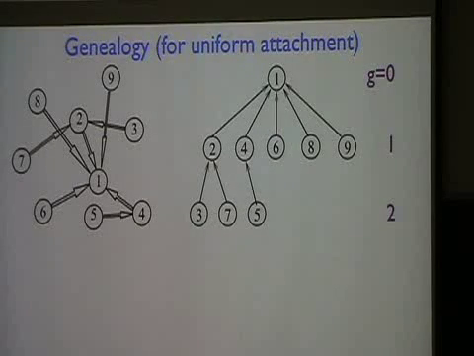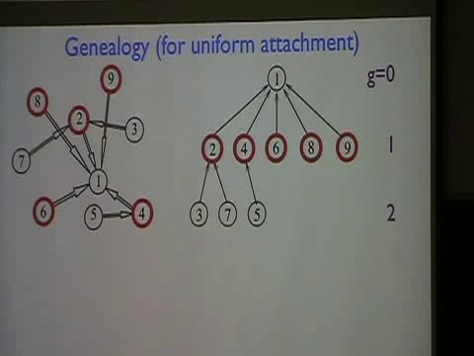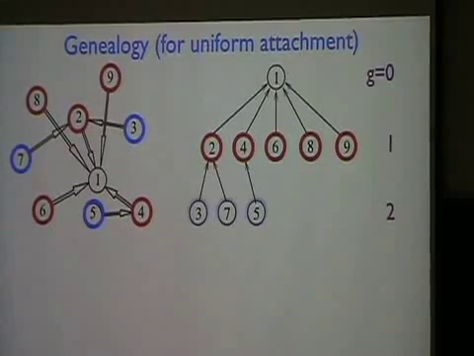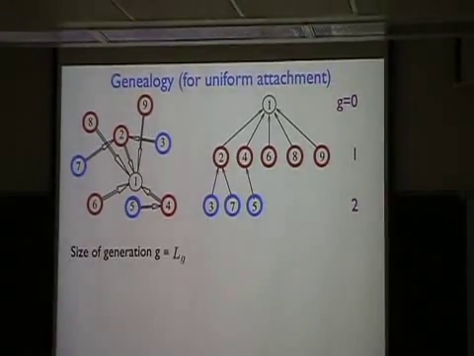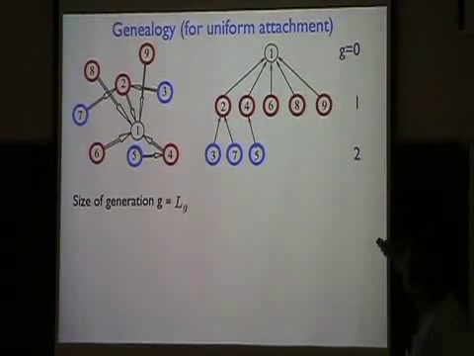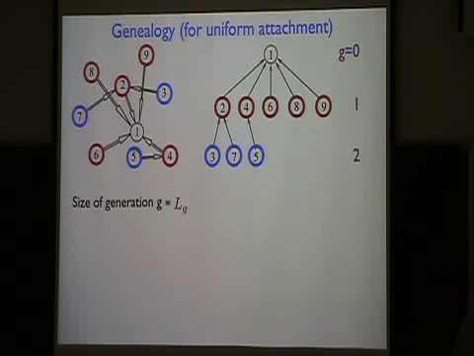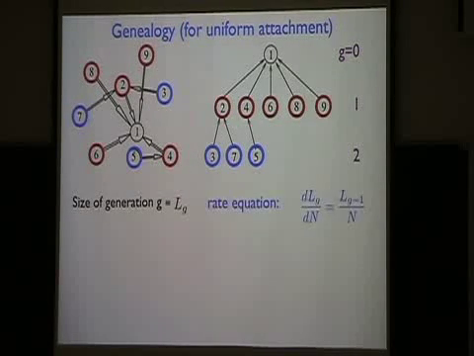And if we study the genealogical nature of this tree, we learn some new facts about the actual size of the network itself. So, again, just to emphasize, these are nodes of generation 1, and these are nodes of generation 2. So what I want to now study is what is the size of the G generation? How many nodes are in generation G? So let me call L sub G the number of nodes in generation G.